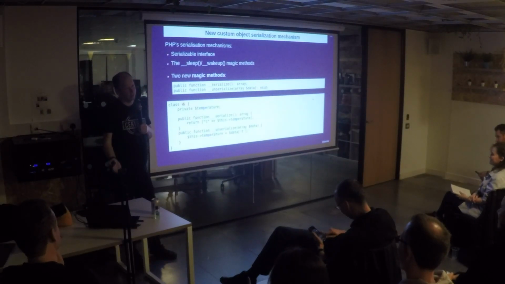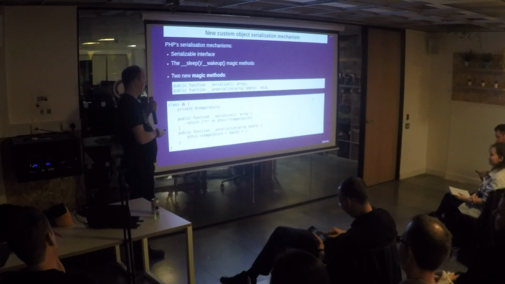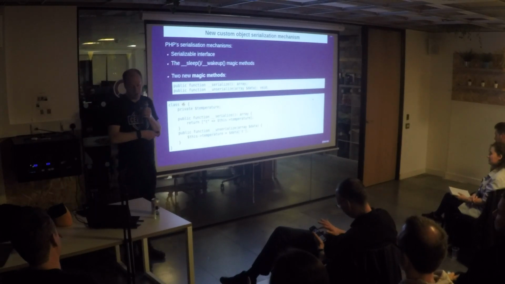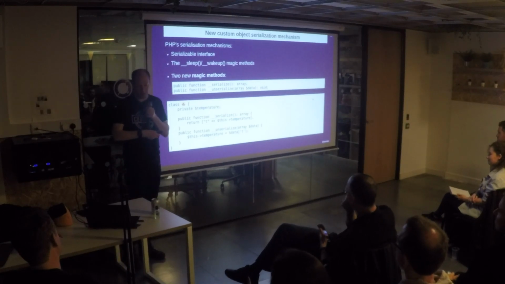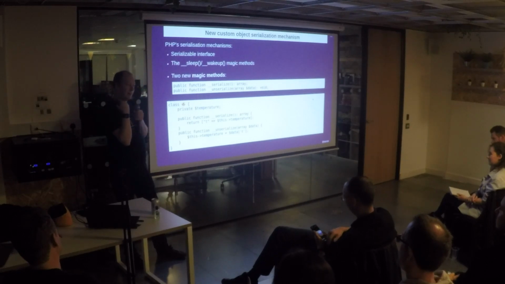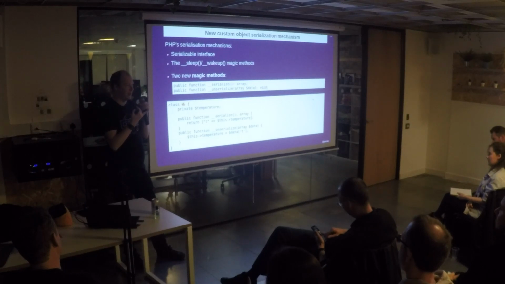The reason why there's a third method is that if we change either of the other two methods, we end up breaking people's code, and we don't like breaking code. People get angry and shouty at you when you do that, we have found out many times. So what this now allows you to do is use two new magic methods. They're called serialize and unserialize with underscores prepended to them. These methods are called when you call serialize and unserialize, and it is up to your implementation to return an array where the keys are the names of your properties, or however you want to call them in the array, and their values.